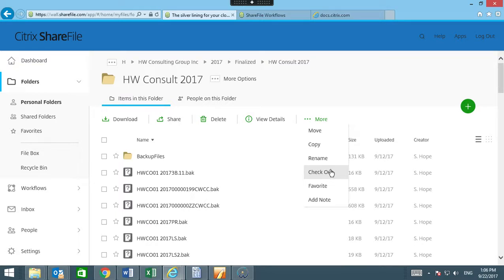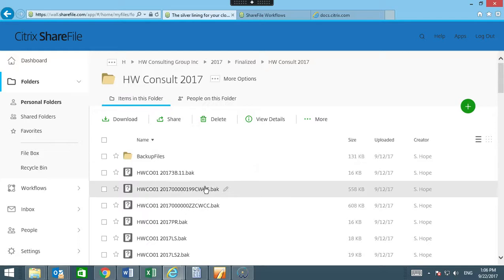So that's the basic tutorial I want to give you on how to use ShareFile. There's certainly more to this tool and more features that we're going to be able to use. So I am really quite excited about